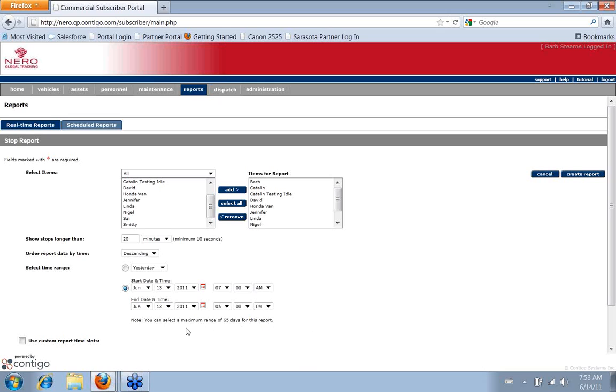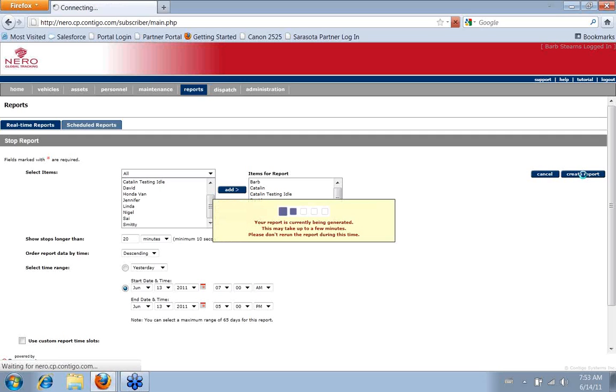You can select a maximum range of 65 days. That's the most you can pull on one report. Remember, your information is stored on the system for up to 120 days, but you can only pull about 2 months at a time on a report. Once we have our parameters chosen, we just click on Create Report, and we're going to get a report for